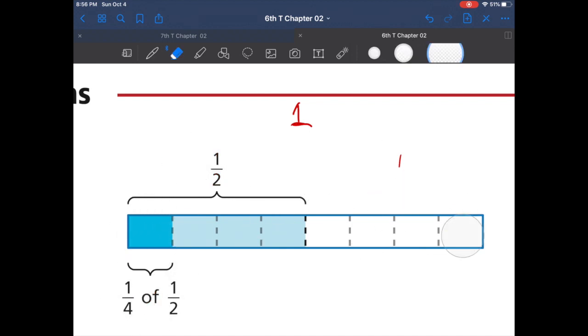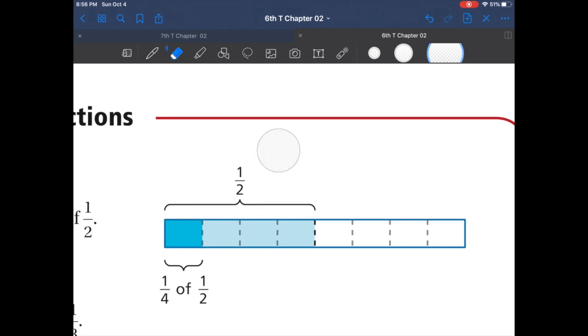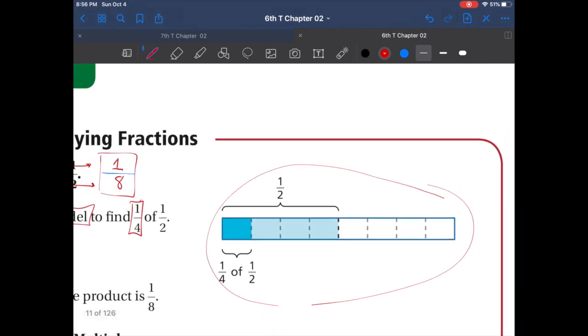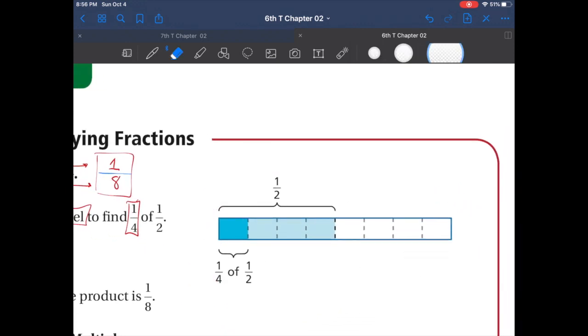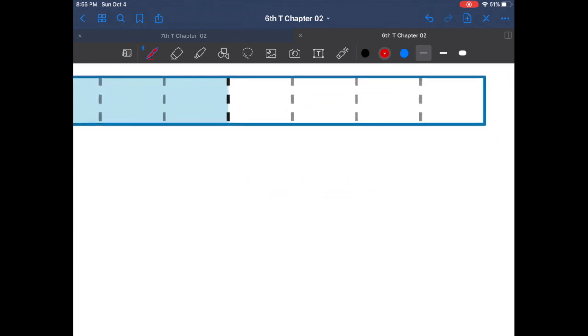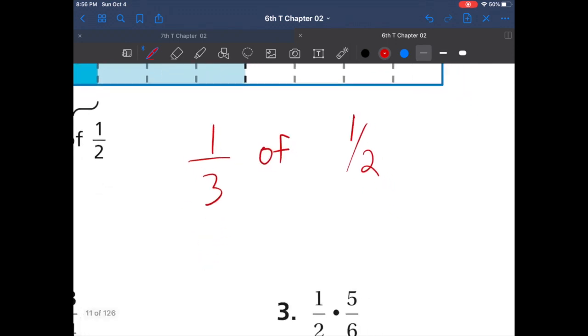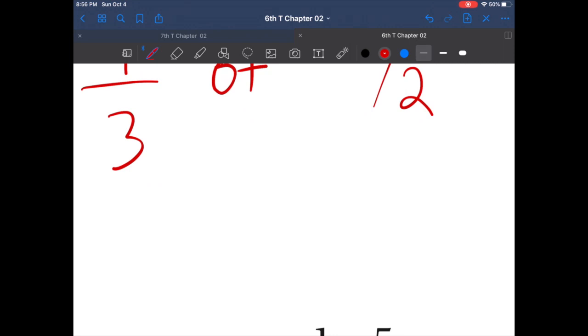So let me give you guys another practice problem so you can see what I'm talking about. Make sure you do write this down, ladies and gentlemen, in your notes. I should have that whole picture, the drawing, and everything in your notes. So let's try one more. So this time I'm going to do what is 1/3 of 1/2. Well, if I wanted to draw this one out, right,